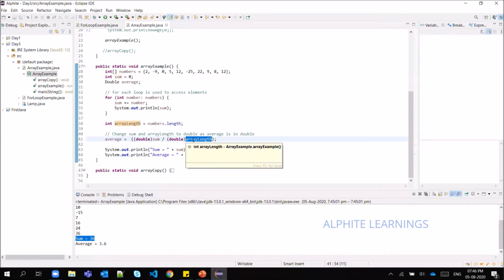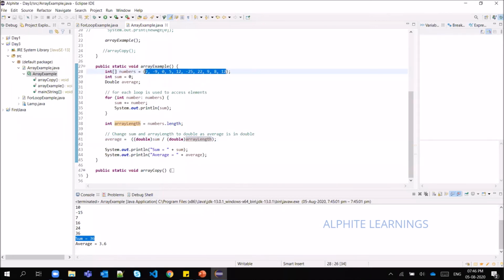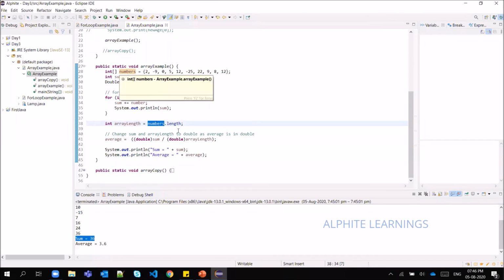So we can take the length of the array. The length of the array in the sense of what we get here: 1, 2, 9, 10. Okay, we have 10 numbers. So we'll get 10 as the value. So this is the array name dot length.